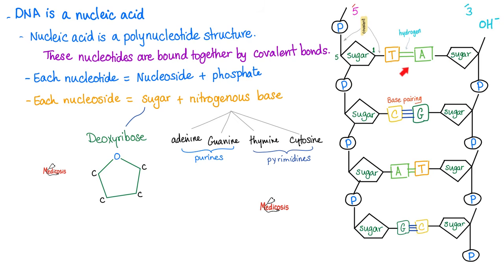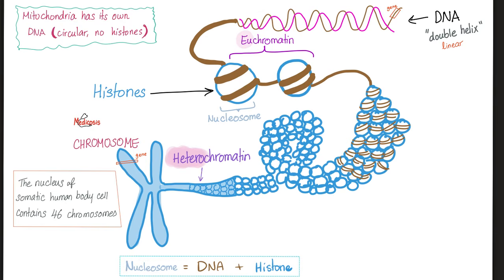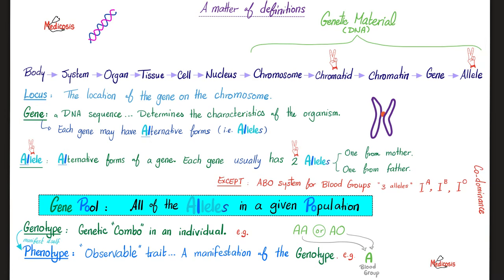So sugar plus nitrogenous base, nucleoside. Get that entire nucleoside and add a phosphate to it. So now we have three things. That's a nucleotide. Can this nucleotide have mutations? Yeah, we call them nucleotide mutations. This wonderful DNA is packed into chromosomes. Can we have chromosome mutations? Sure. Please pause and review the definitions in genetics that we discussed before.